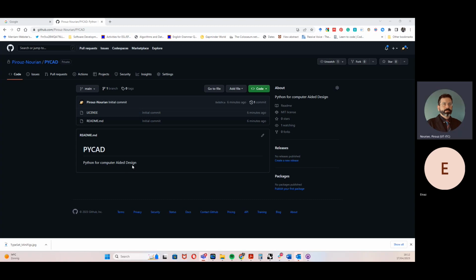Sorry, this is a national emergency alert from the Netherlands. What is it about? Nothing, they're just testing the system. Okay. Okay, so